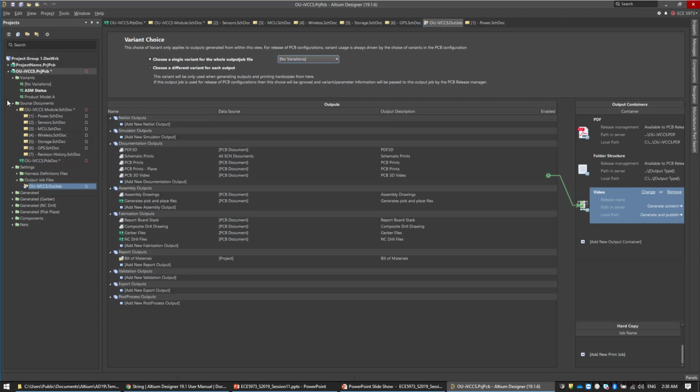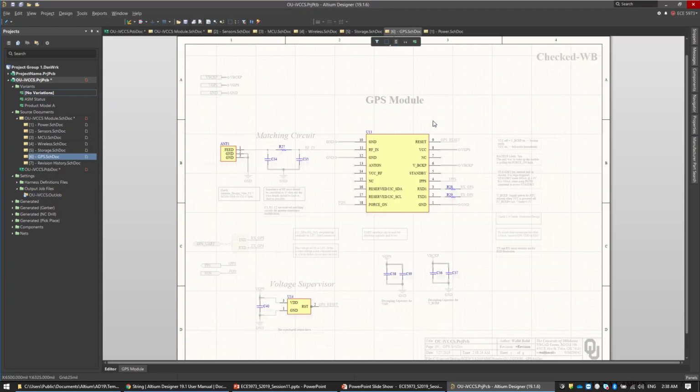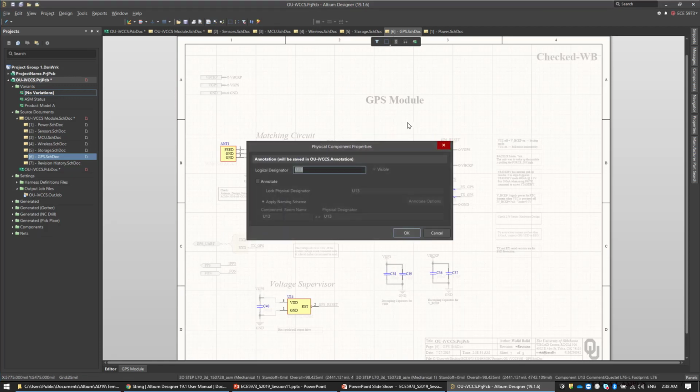Now, how does this variant also reflect on the layout? Let's go to no variant, and let's change something. Let's go to the GPS module and specify this one as the GPS module, and let's specify this